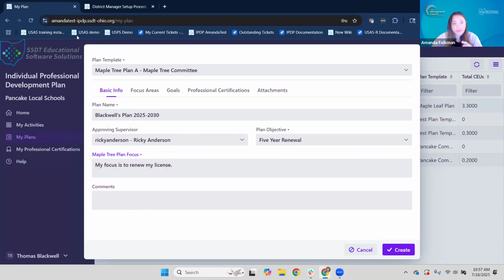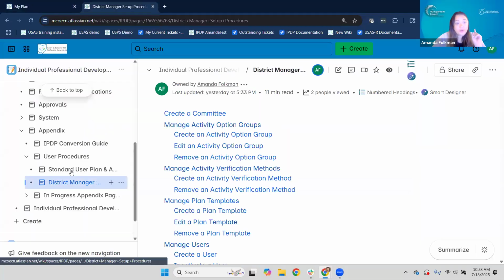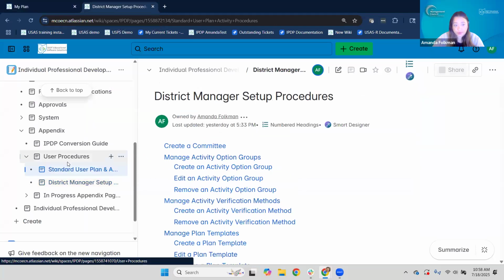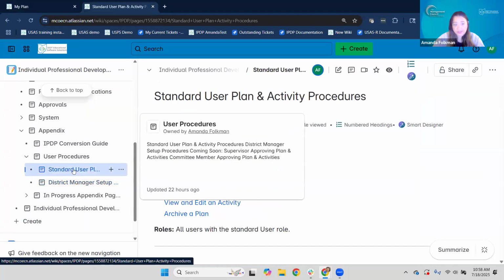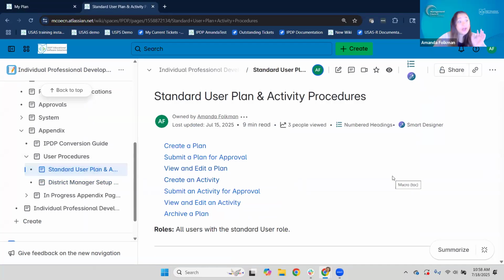So as we're going through, actually, you know what? Put a pause on this. Standard user, under the user procedures. Okay, so we're in the appendix, user procedures, standard user procedures. If you want to follow along or reference back, these general steps that I'm going through at this point are